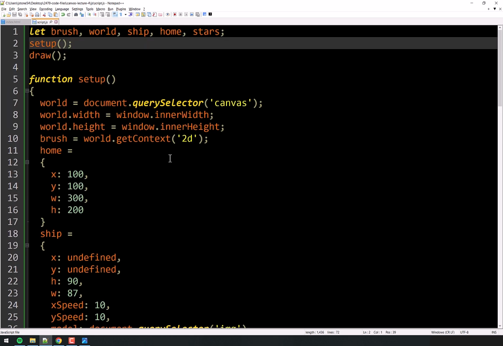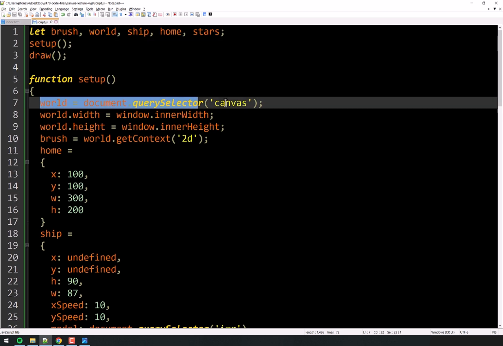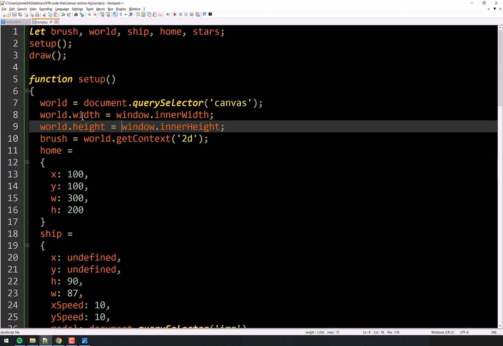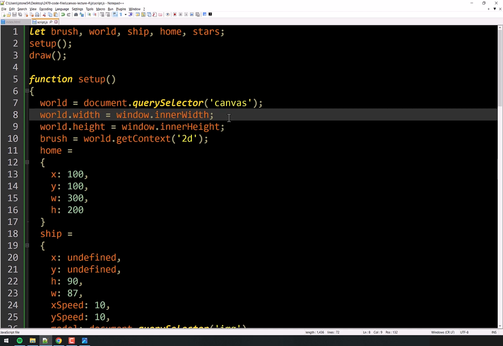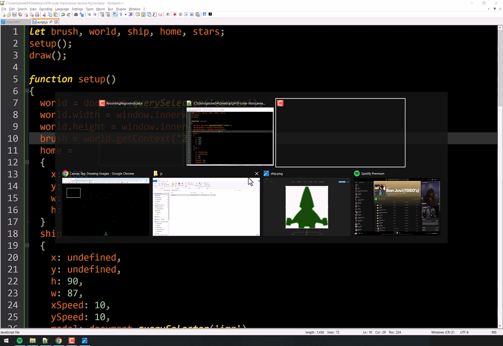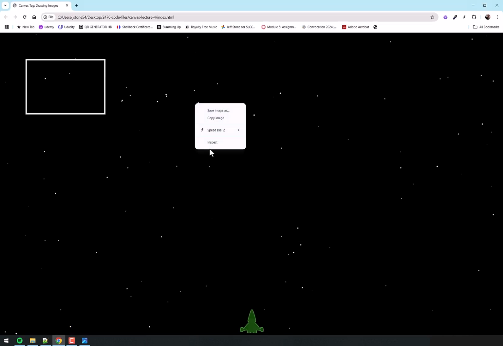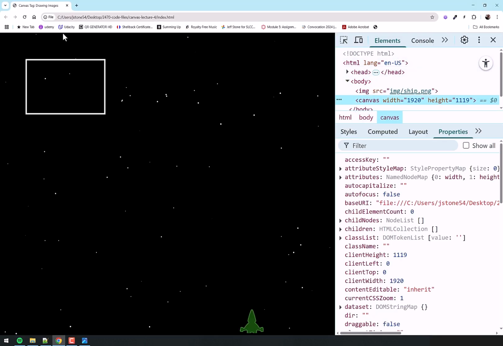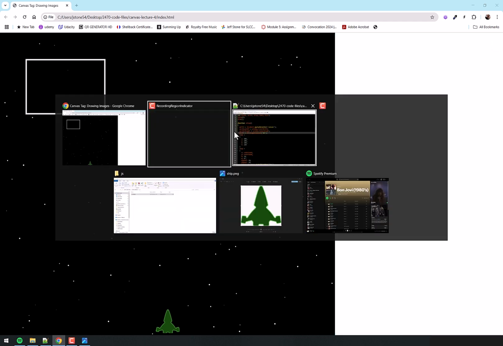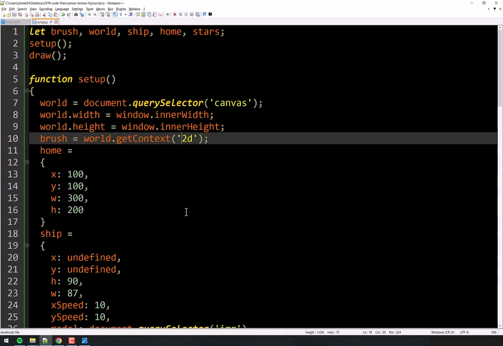What's the setup function do? Same stuff it always does, right? We grab the canvas using our standard technique. We set the canvas's width, right? This is the canvas here. World.width is the canvas. We set it to the size of the screen, and then we do the same thing with the height. Now, one thing you'll notice we haven't done, which we've done in the past, is this thing here where if I open the console here and I load the page and I close it, it didn't fill that in, right? So we can fix that real quick, but we'll pause on that for just a minute.